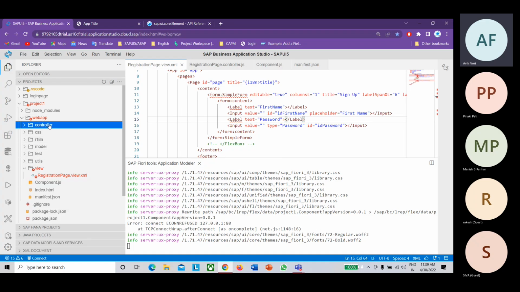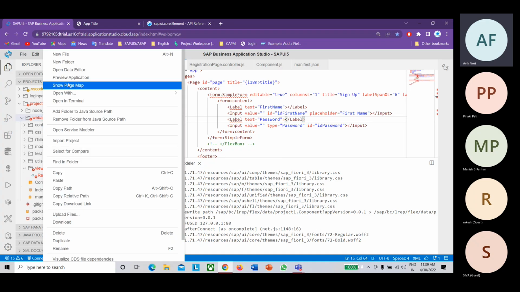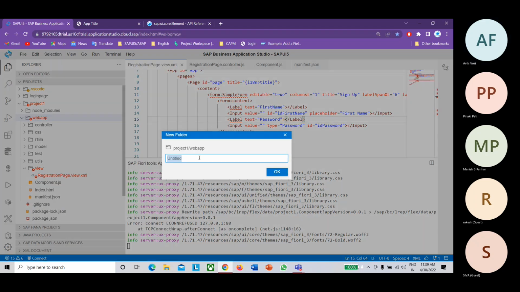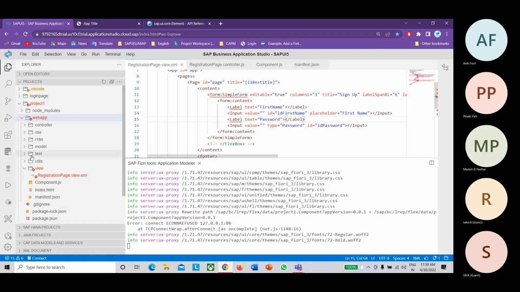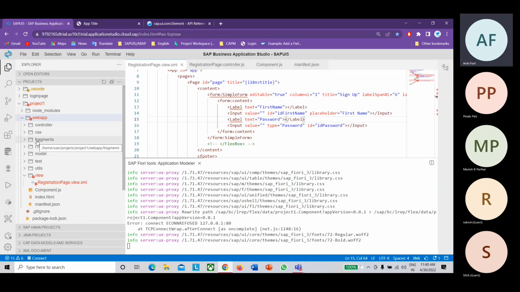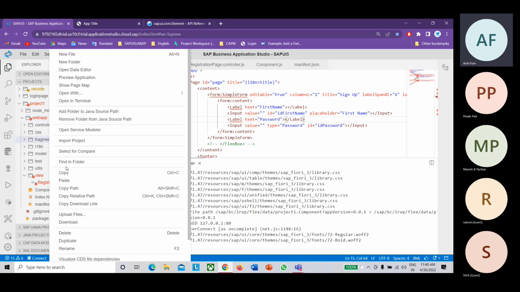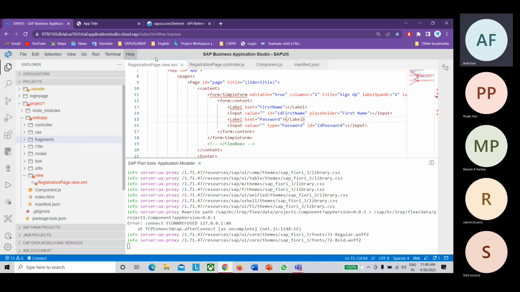So now I'm adding fragments as the folder name, and your fragment folder is created. Whatever fragment file you create inside the fragment folder, the extension of that file will be .fragment.xml. That should always be the extension for any fragment file going forward.